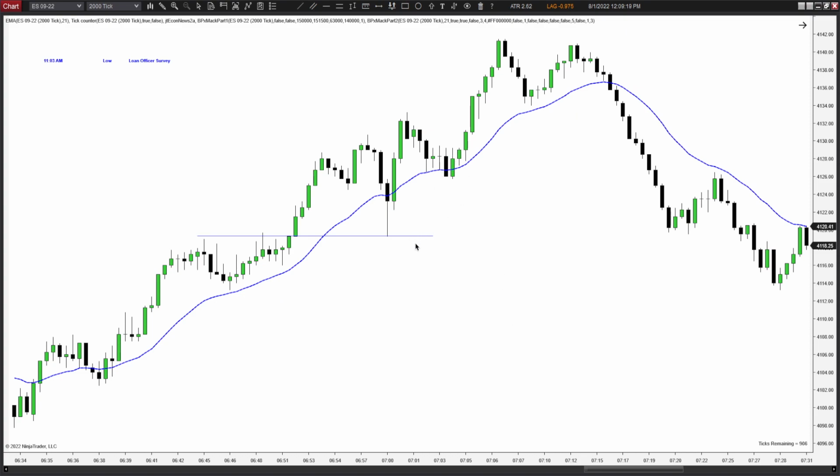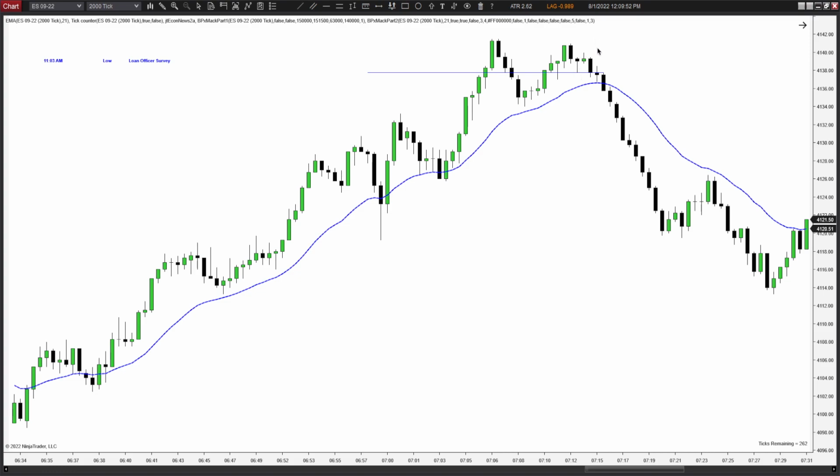So see this low right here, this swing low. If, say, we're looking for shorts, you wouldn't want to be looking for shorts because it's a clear bullish uptrend right now, but let's just say you wanted to. You get a first entry short triggered right here, new low. You get a second entry short. You get a third entry short. And then let's just say that price continued to head higher and you get a fourth entry short